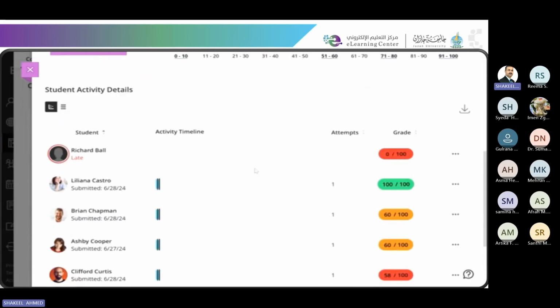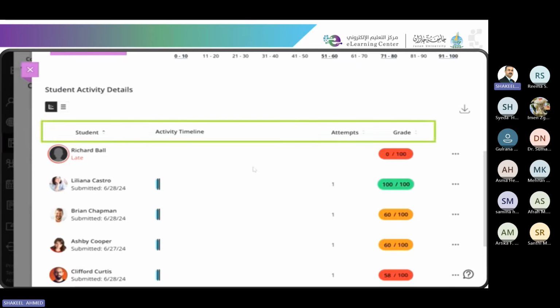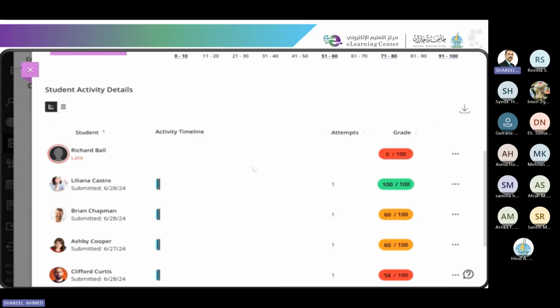Table and Chart Views. The bottom half of the Student Activity Details report includes individual student activity, including students' names, activity timeline, and grade. The chart view displays an activity timeline in a visual, box and whisker plot graph. Hover over the tick marks on the plot to see important markers of student activity. The activity timeline includes date opened, date started, draft saved, submitted. There are also columns for attempts and grade.